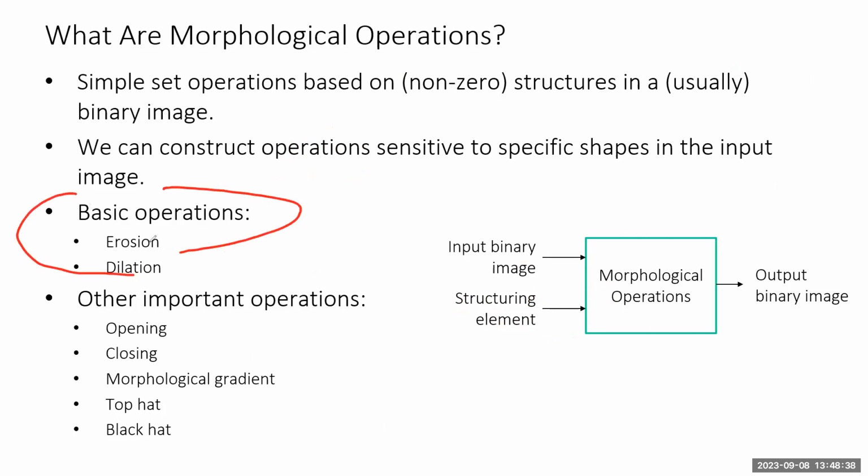As a combination of these, we can have other operations like opening and closing, morphological gradient, top hat, and black hat. All these things are there, but our main focus is going to be on erosion and dilation, the 2 basic operations, and also on what opening and closing are. For the time being, you don't have to worry about the morphological gradient and these other things. But I think we did a little bit of this in feature extraction